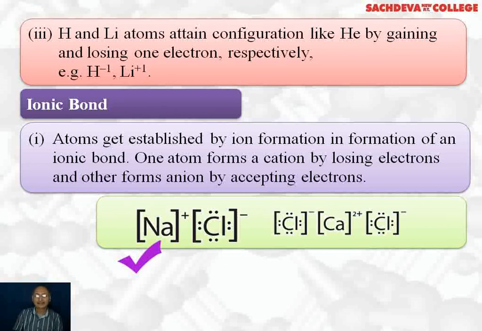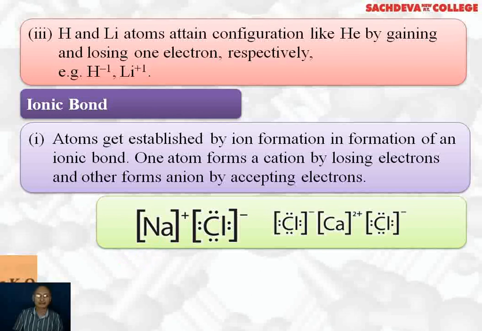Now calcium has two valence electrons. It is losing two valence electrons, so it forms Ca+2 ions. And it gives one electron to each chlorine atom, because each chlorine atom has 7 valence electrons. And by gaining one electron, their octet becomes complete, but they acquire negative charge. So calcium +2 and 2 chloride ions are formed. So Ca+2 Cl-, we can write it twice because there are 2 chlorine atoms which are